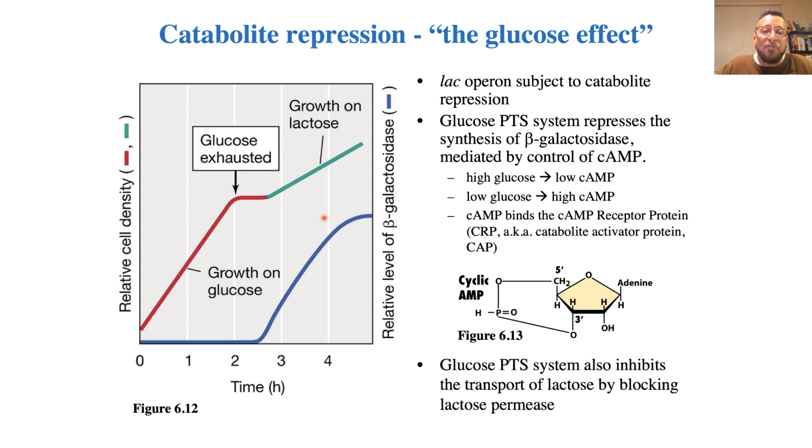Remember that we learned about the glucose PTS system, which is involved in the transport of glucose into the cell. Well, that PTS system has the capacity to control the synthesis of beta-galactosidase, mediated by the amount of cyclic AMP present in the cell. So when glucose levels are high, we're going to have a low amount of cyclic AMP, whereas when glucose levels are low, we're going to have high amounts of cyclic AMP. And we're going to see that that is a result of the PTS system activating the